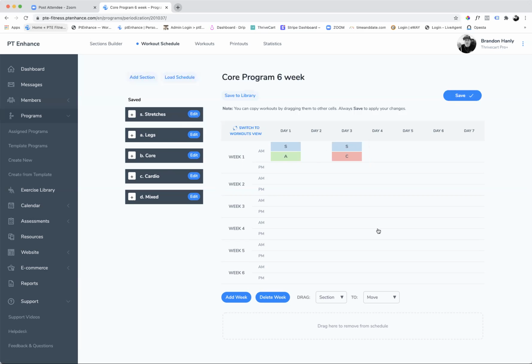Okay. Now remember, once you build this and you assign it to a client, you can go in at any time and make adjustments to it. Okay. So you don't have to redo the program. You can go in there and make adjustments at any time. Okay. So for example, let's say on day 5, we want them to do that mixed. Okay. So I'm going to drag the mix up on day 5,